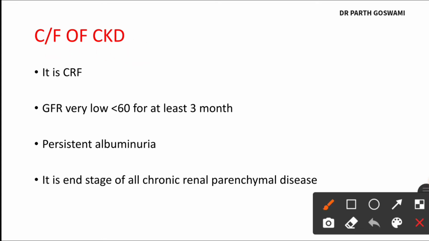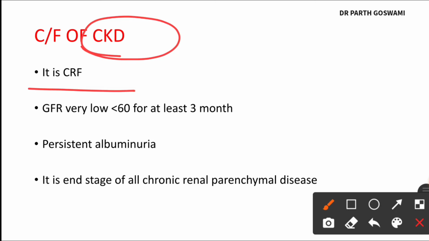All right, now we will see the clinical features of chronic kidney disease. Suppose, friends, if the kidney disease is not treated, like focal segmental glomerulosclerosis or IgA nephropathy, or if the kidney disease is severe, then it can get converted into a chronic variety of kidney disease known as chronic kidney disease. It is also known as chronic renal failure. The definition is that the disease is chronic, so the patient will have long term compromise of kidney function.